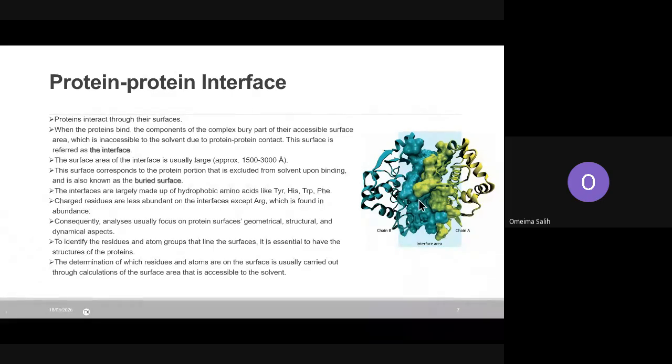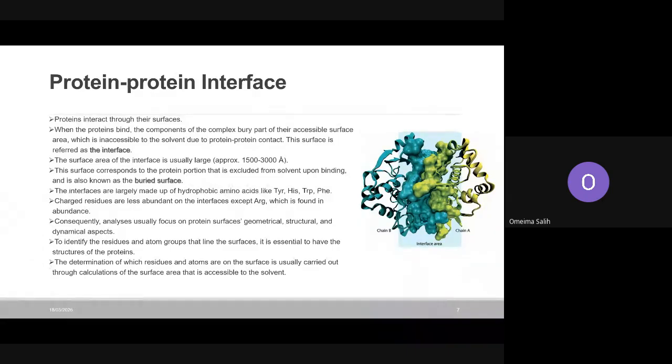Okay, so buried surface or interface, it's the same name that is termed interchangeably. It designates the reaction between two polypeptide chains due to the reaction of the side chains of the two polypeptide chains with each other, and they are producing what's called the interface area. And this is a buried area that is not exposed to the solvents